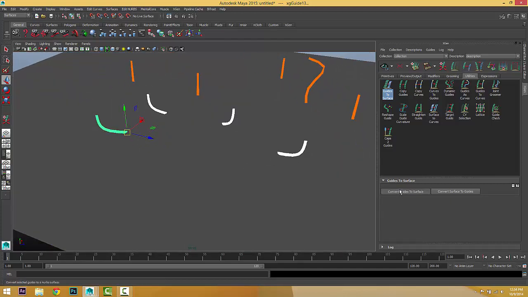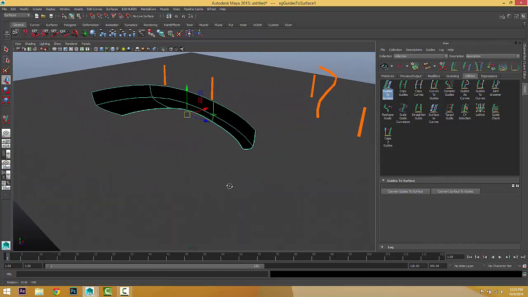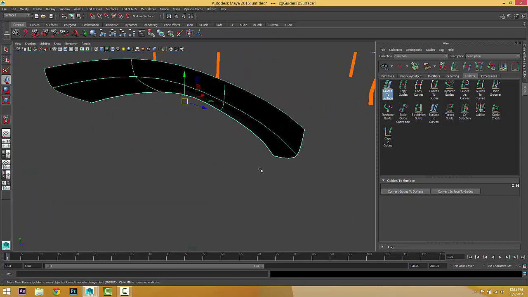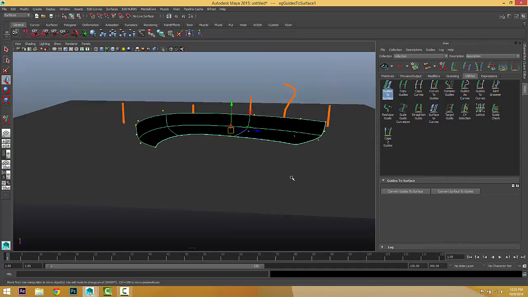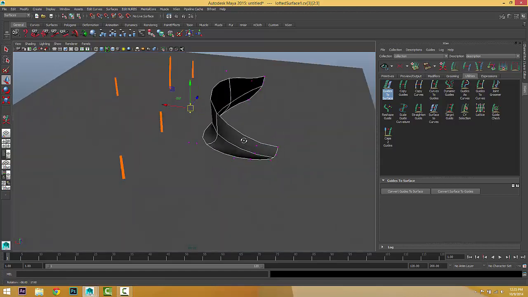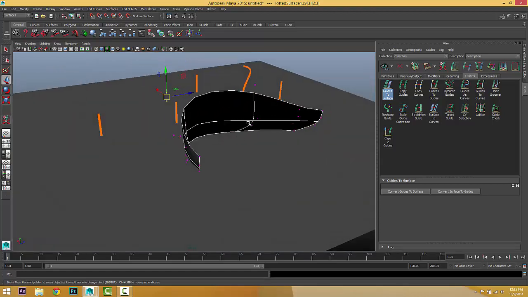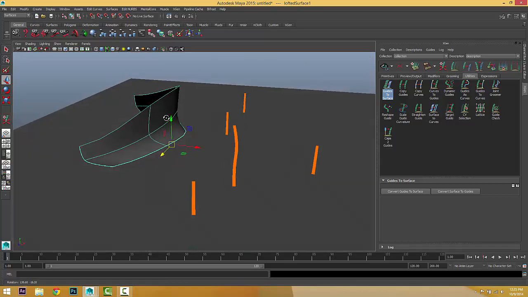So you can see from here. Let's go back to Convert to Surface. If you right click on it and go to Control Points, we can change the shape. It's very useful when you, for example, create a hairstyle or something like that.